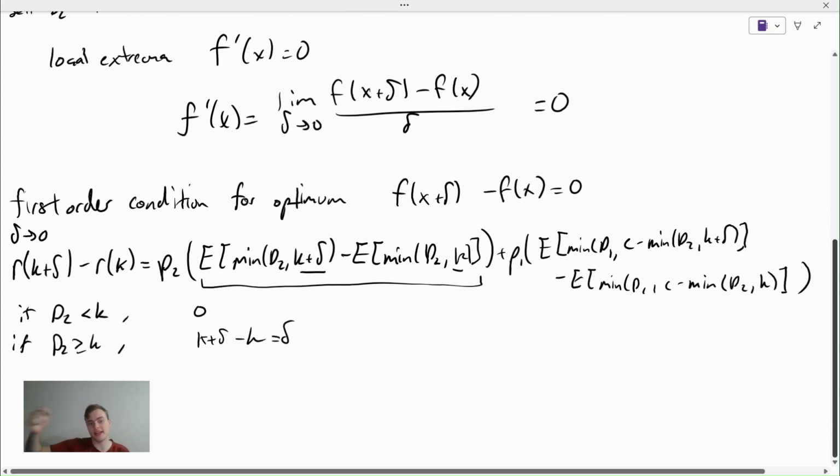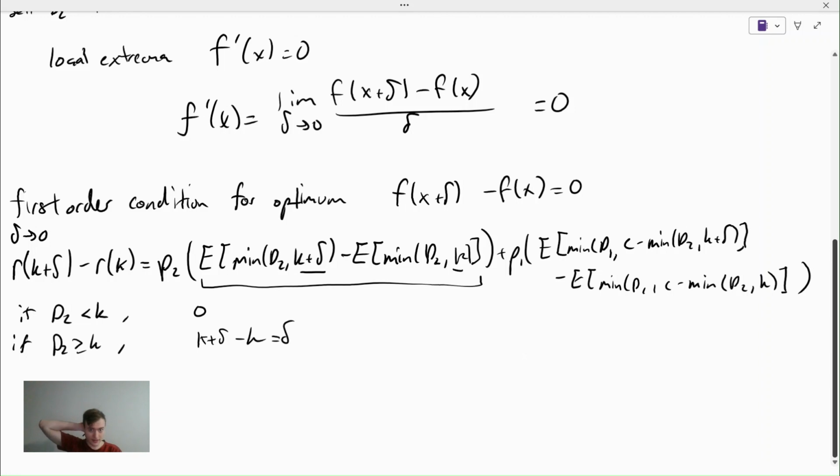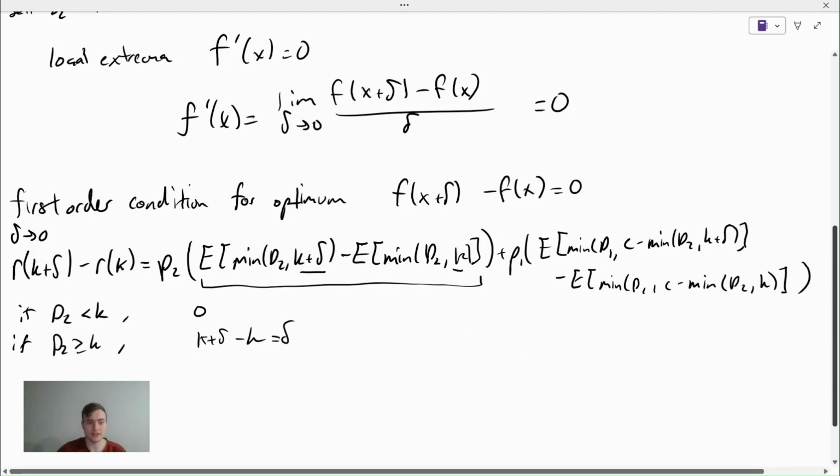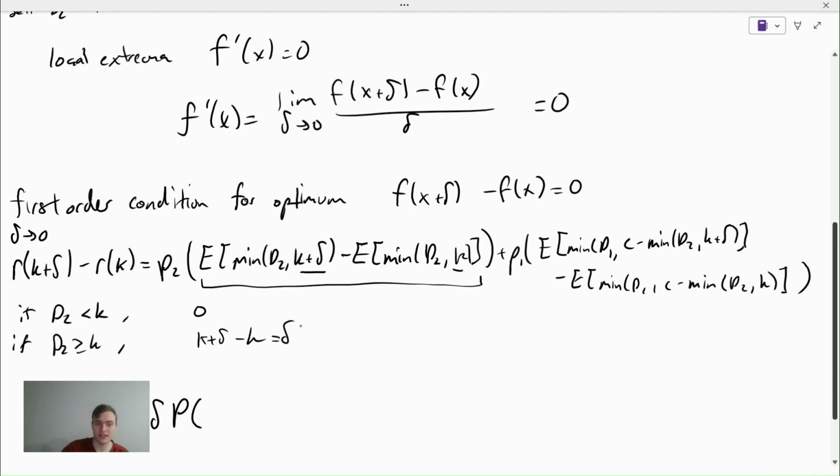The equality could be put on either side since in the notation above I had continuous demand, and here we still have continuous demand because I'm assuming there's some d2 value that exactly equals k. So anyways, our expression comes out as p2 times delta times the probability of that value, right? Expected value, where you're going to take the value delta times the probability, which is d2 greater than k, and then